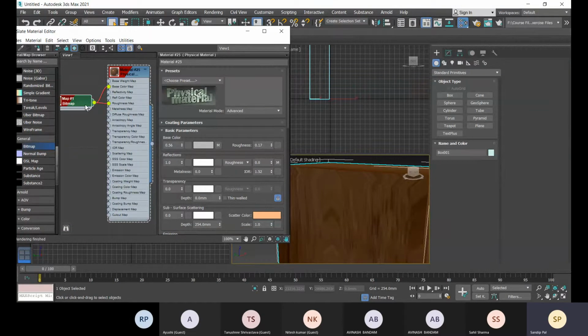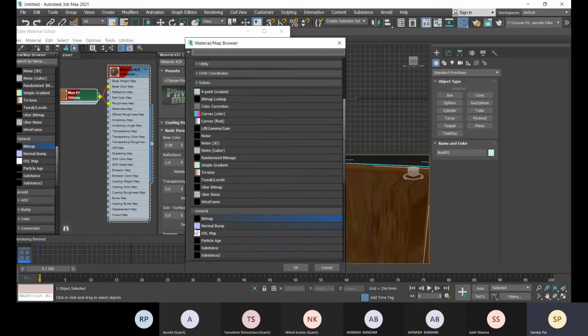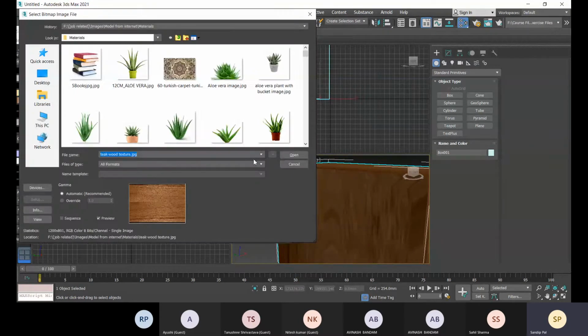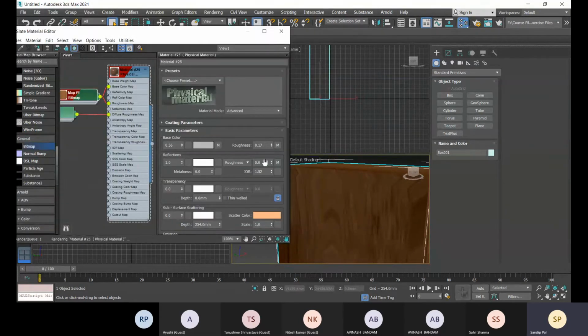According to that, you will get the roughness option, roughness map. Or else you can go to this, again go to this bitmap, choose this, click on open, and you can assign this map. Okay, and this is the roughness map.